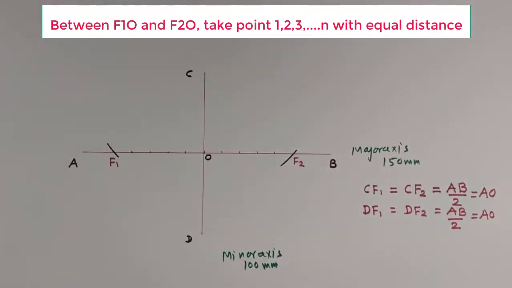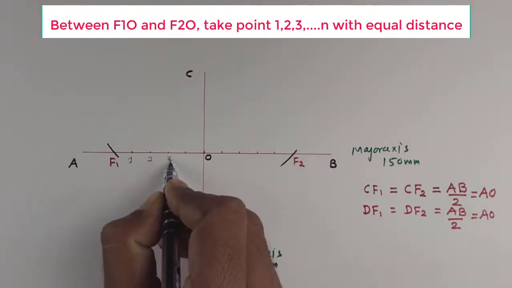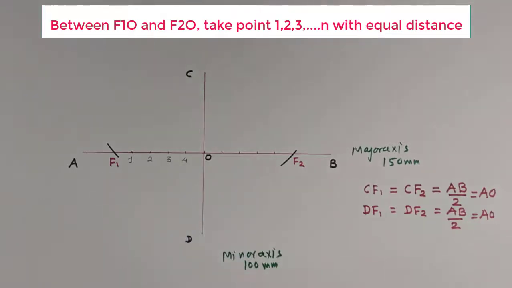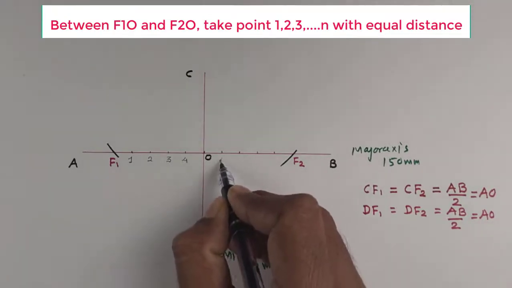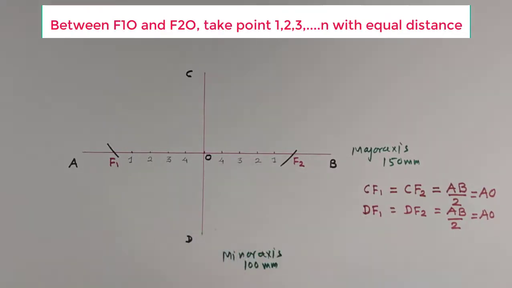Now you can give the number 1, 2, 3, 4. Similarly here the 4, 3, 2, 1. You can choose any number of parts, but when you go for putting your points, whichever number you are writing here, same number it is starting from other side. So 1, 2, 3, 4, 4, 3, 2, 1.